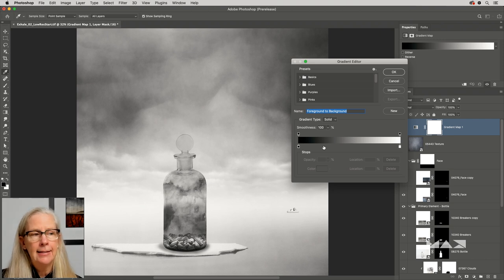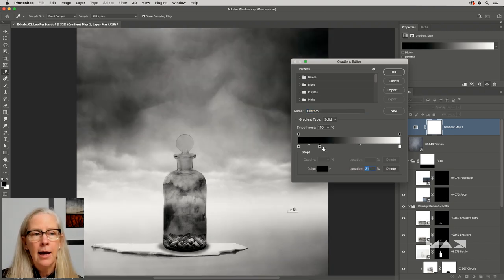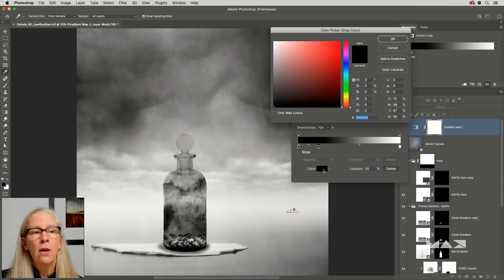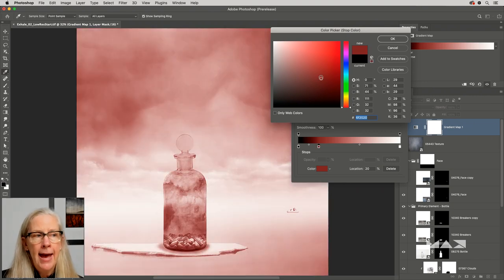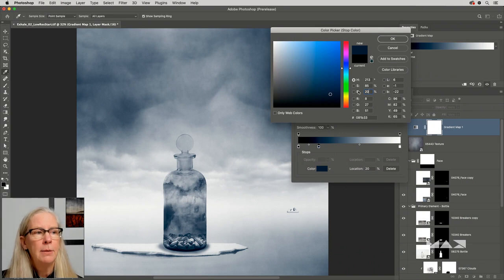So if I just wanted to add, say, a little bit of blue in my shadows, I can go ahead and click, let's say at location 20 here. And then I'll click on the color swatch. And now we can add a color, right? Like any hue and any saturation and any brightness. I'll go ahead and add a blue, not too purple, but maybe there. But the key here is that I don't want the brightness at like 69. I want to bring the brightness down to 20 because that'll be the same level of gray as in that gradient. And then I can go ahead and say, you know what, 85 is just way too saturated, so we can back that off a bit.